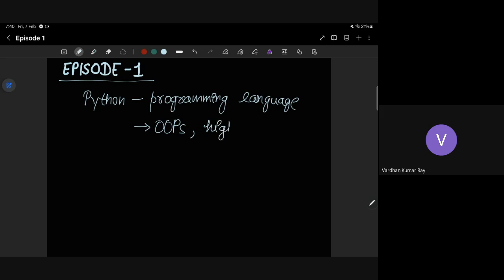Somebody wrote it's an easy to learn language. I can agree that in the beginning, learning Python is much simpler than learning other OOP languages like Java. To learn Java, you need to know many things. You can't just write a simple print statement; you need to know much more to even write a scratch program. So it's an object-oriented, high-level programming language, and it's interpreted.